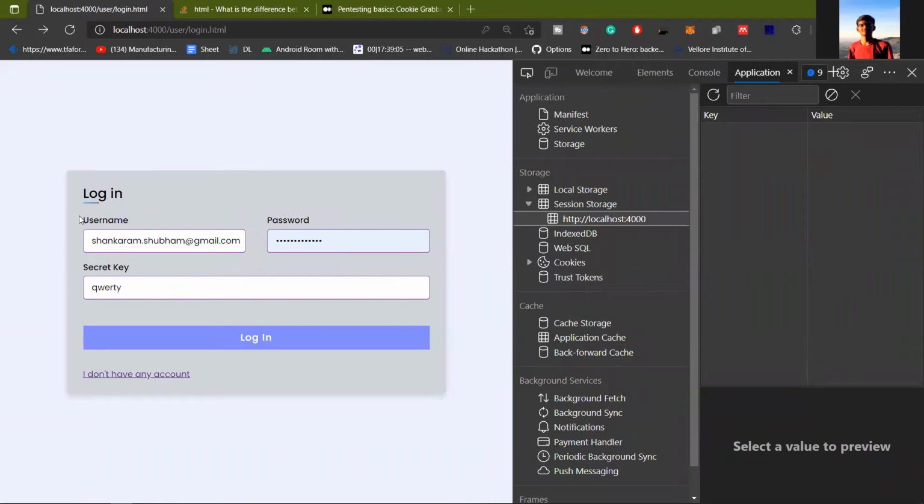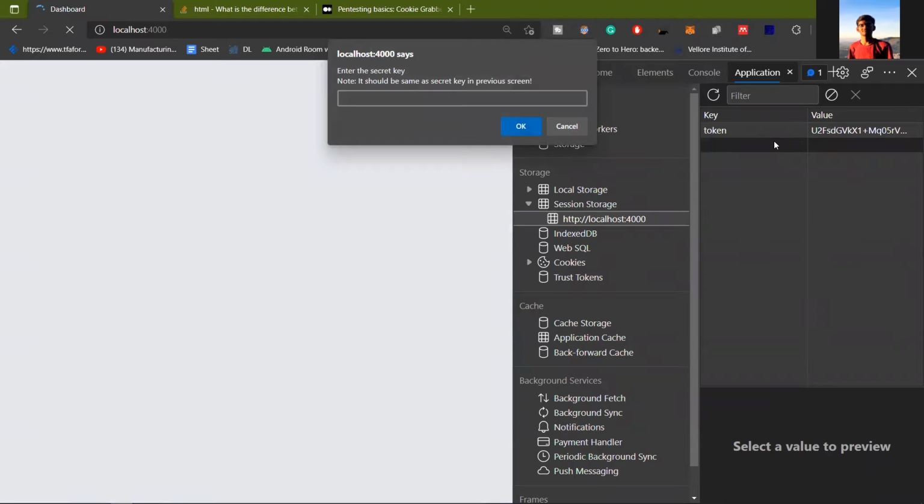Once a user enters their username, password, and the secret key, it actually gets a token. Once the user clicks login, the token the client side gets is encrypted using the secret key and stored in the session storage here.